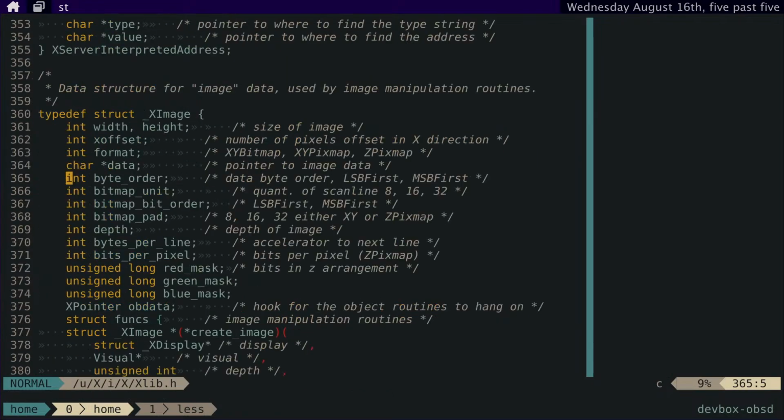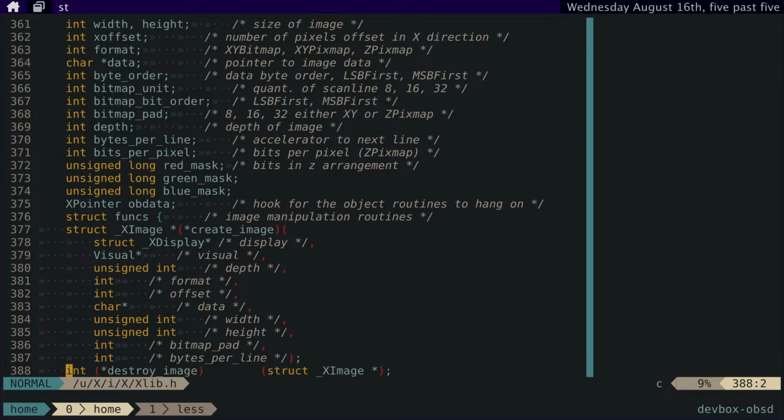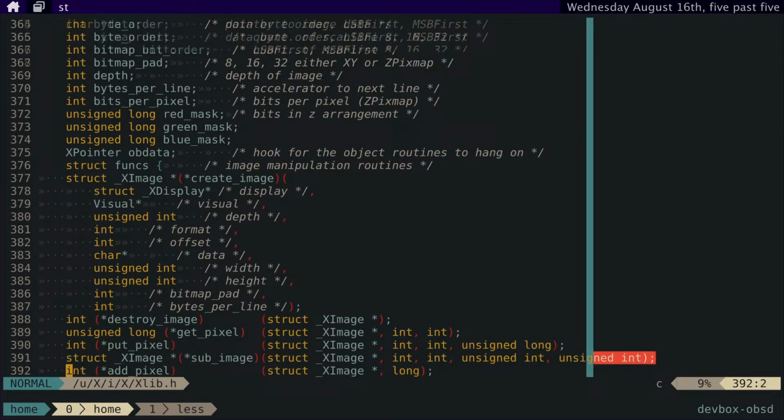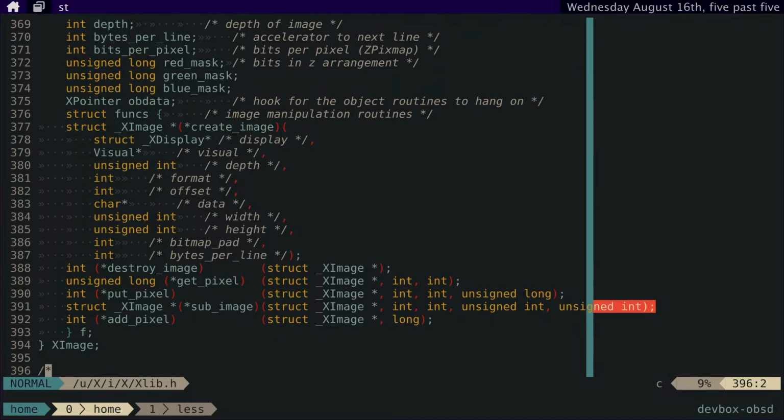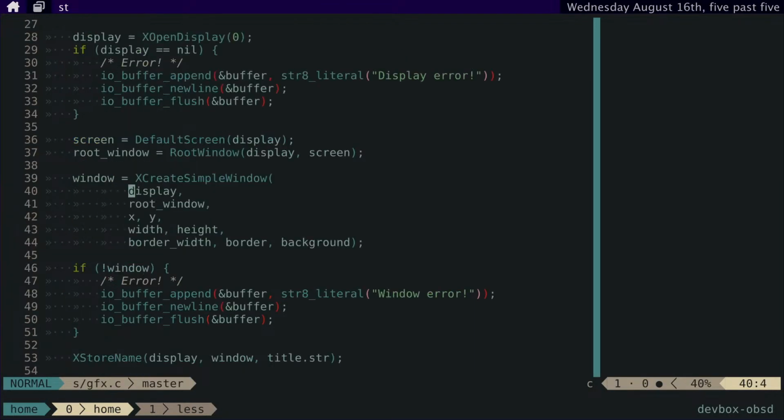So here is the image itself, or the structure of the image. Okay. And then we can say